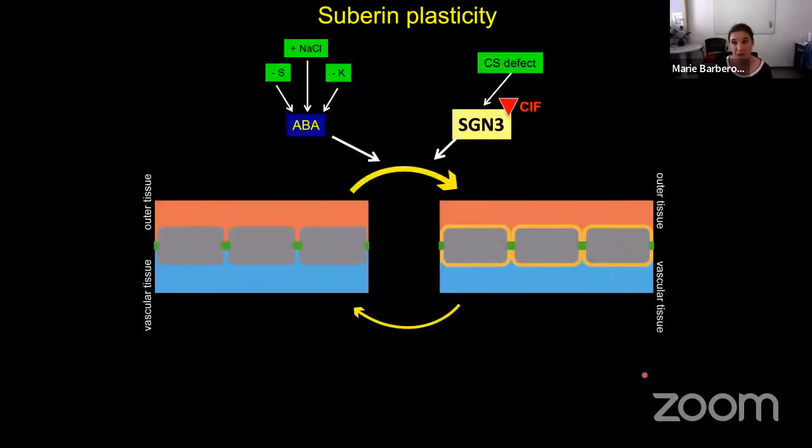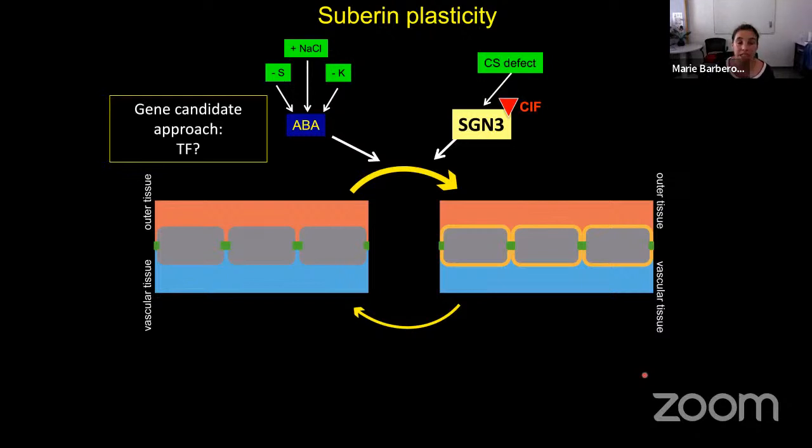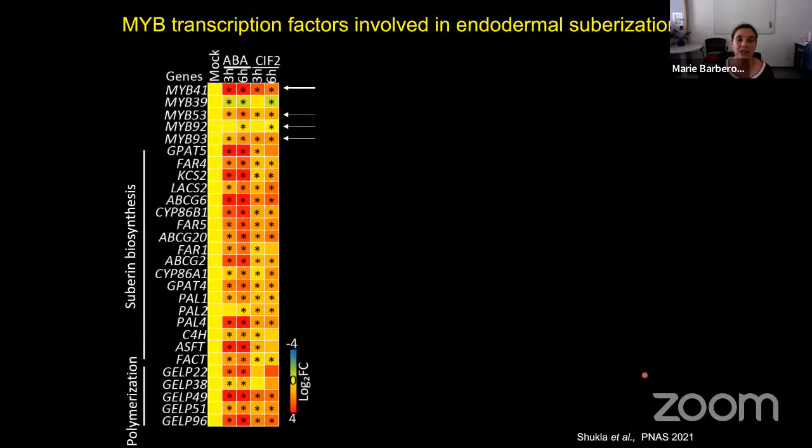So when I started my group in Geneva, we had this nice network of signalings controlling suberization, but we didn't know any molecular factors involved in the endodermis to control this suberization. So that was one of my main objectives, to identify regulators of suberin. We started with a candidate gene-based approach, trying to identify transcription factors that would be involved in the process. And by analyzing gene expression of different transcription factors, especially some MYB transcription factors that were highly suspected to be involved in the process before, I'm not going to show you the detail of that for the sake of time,